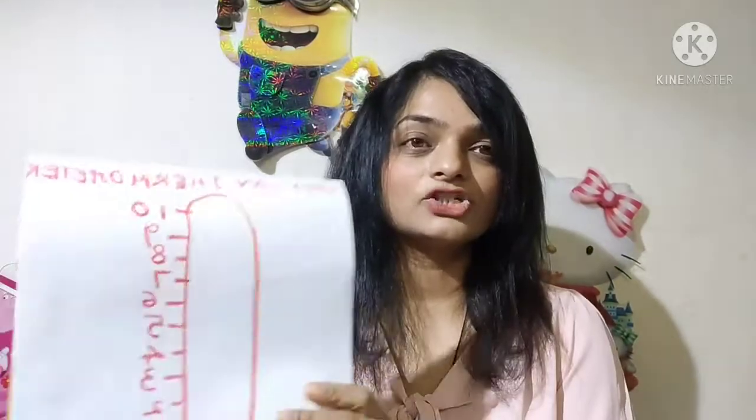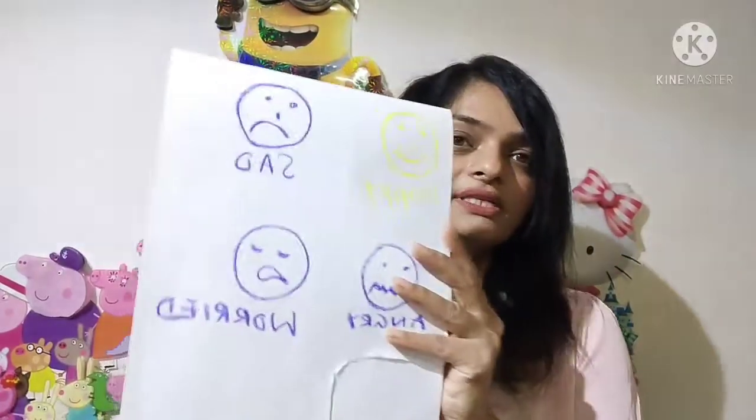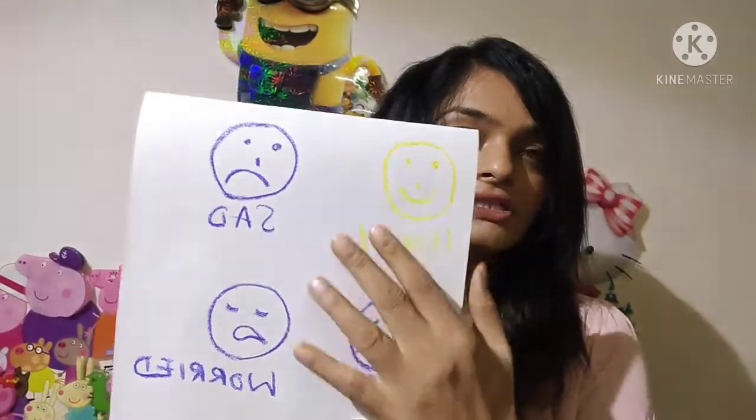Now what we're going to do is, during set times in the day, all the family members gather together with the child and explain to the child what these different emotions look like on this face. So with examples. So when you're happy, if you get a new toy, you're happy, or if you finished a project on time, you're happy, or if you go out for a trip to the beach or to the zoo,